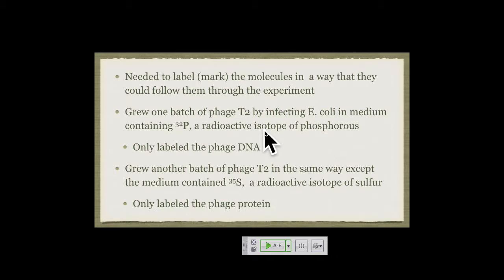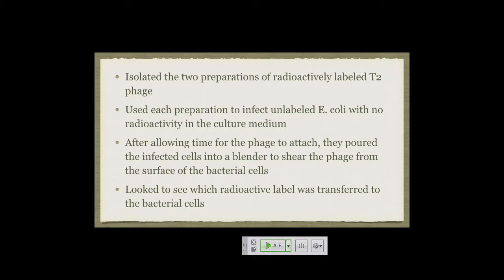In this sample, they did the same experiment, but they put in S35, or radioactively labeled sulfur, which gets incorporated into what? Into the protein. So you got one set of bacteriophage where the protein is radioactively labeled, and the other, the DNA is labeled. Now all you have to do is figure out which one of those molecules is going to get into the cell. So they purify the bacteriophage, they infect the cells, there's no radioactivity, so the only source of radioactivity is from these radio-labeled bacteriophage.